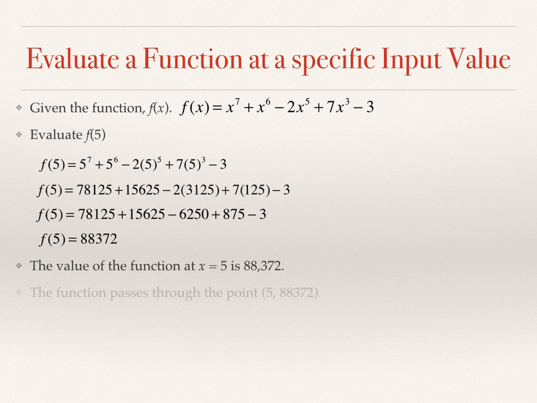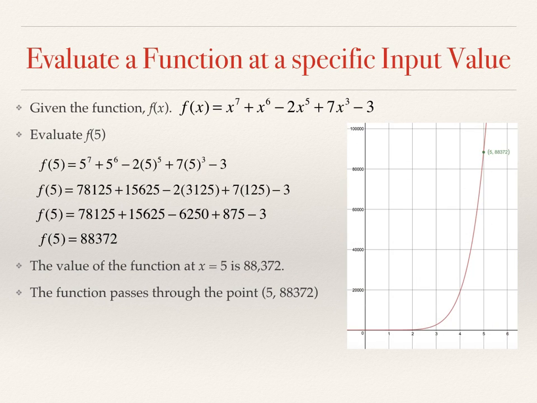Graphically, this means the function passes through this point, 5, 88,372. So I could check that by typing f of x, the given function, into Desmos.com or some other graphing utility. And I would notice after I typed in the function and it was graphed that indeed the function passes through the point 5,